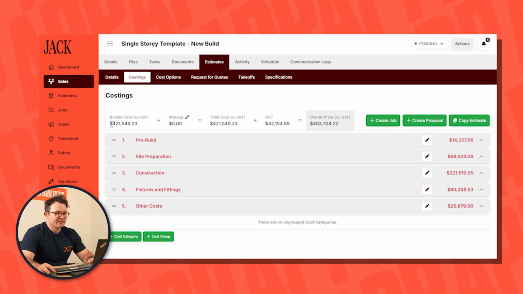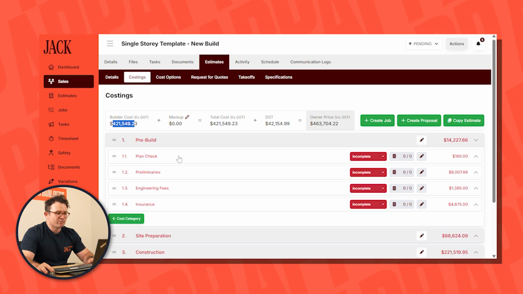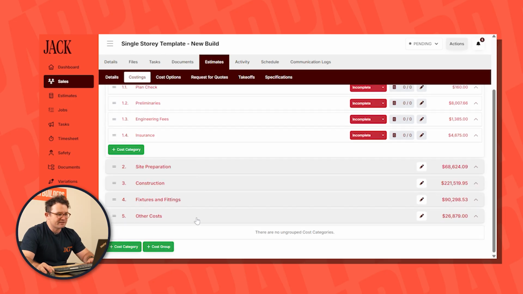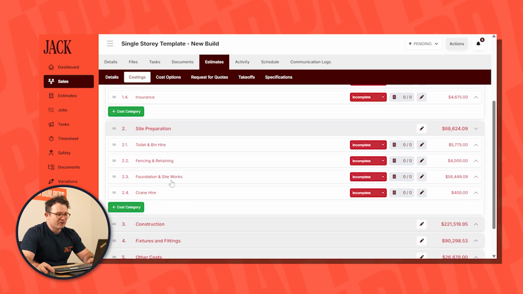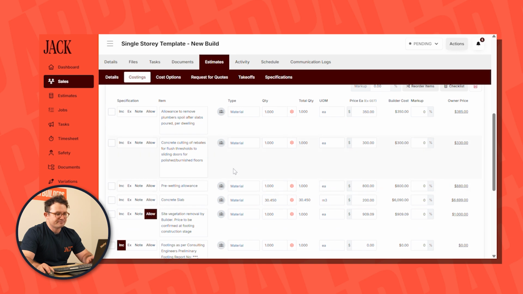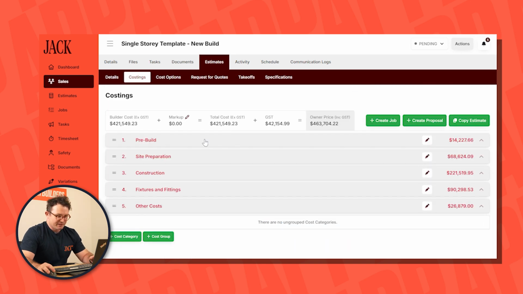So you can now see that my estimate has cost groups broken down into pre-build, site prep, construction, fixtures and fittings and other costs. Underneath that, we have the cost categories that we indicated, and then we have the cost items below that. Right now, this is an estimate that's in the system, but we want to create a template